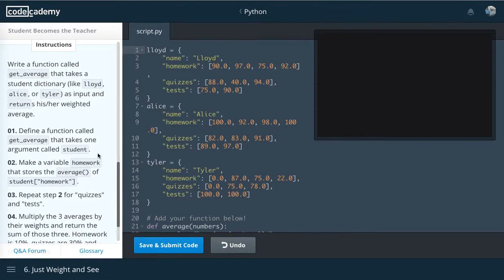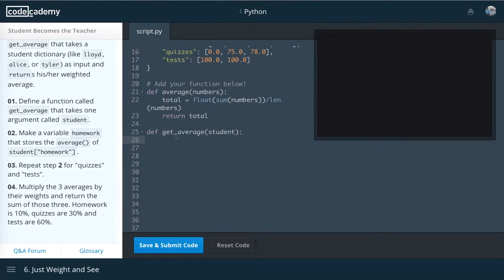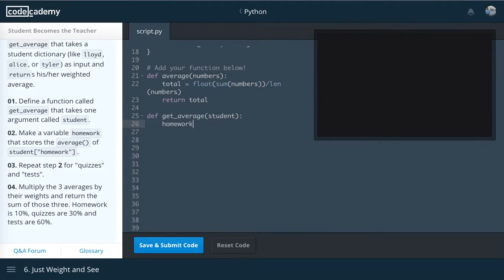Awesome. So next up, we want to write a function called getAverage, and this is going to take a dictionary. So we're going to call it student, and from there, we're going to make a variable homework, which is going to store the average of student homework. So this is going to store the sum of student homework, and it's going to be divided by the length of student homework,